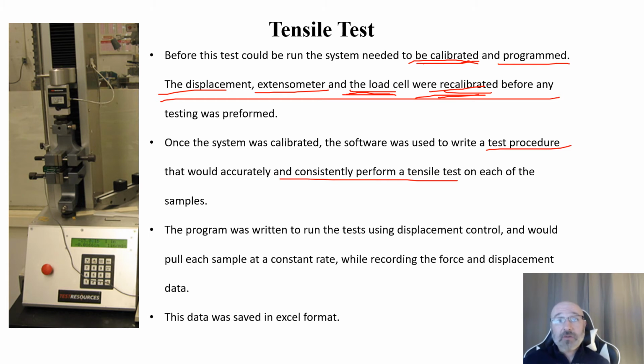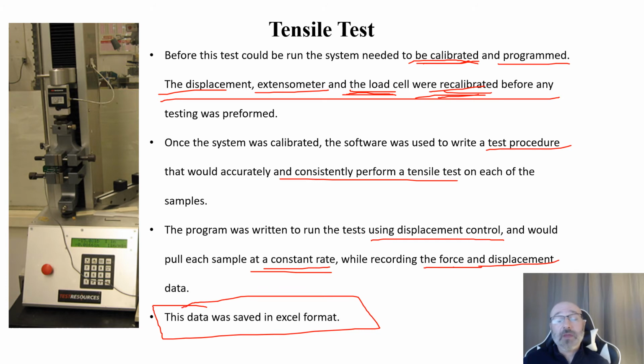Now what we decided to do, which seemed to be the most controllable here, was to use displacement control rather than load control or force control. So we then pull each sample at a constant specified rate while recording the information. We could specify that we wanted to record force and displacement. Oftentimes we record time as well, just to double check that our rates are accurate. And then the data was saved in Excel format. This one gave us the option of a CSV or Excel format that we could save the data in